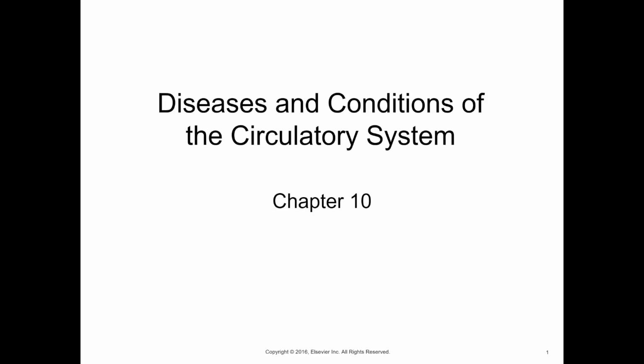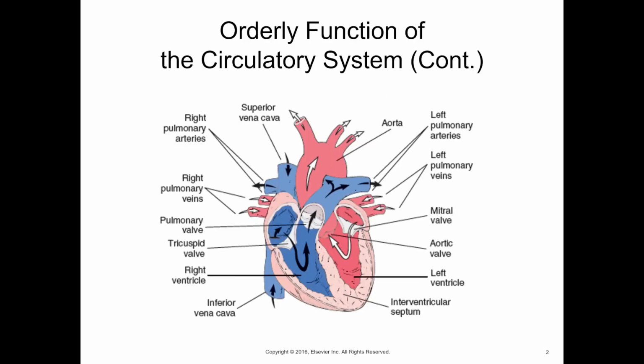All right, so we're going to begin our discussion on diseases of the circulatory system. Just a quick refresher, the circulatory system revolves around the ability of the heart to pump blood in order to supply oxygen and nutrients to the rest of the body. It does this with help from the respiratory system, as the respiratory system is the primary way in which we bring oxygen into the body and expel carbon dioxide, which is one of the waste products that will be